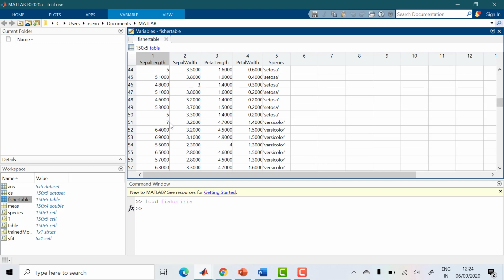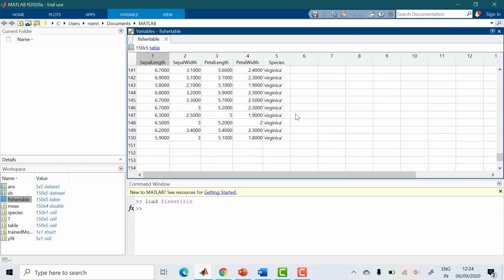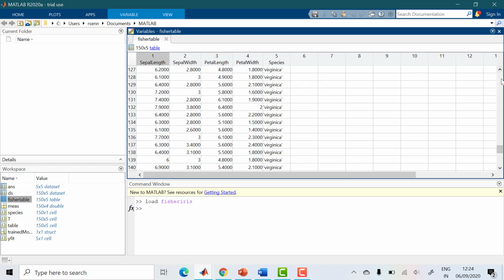Now you can see when the sepal length and sepal width change, it becomes another species, versicolor. And when the sepal length, sepal width, petal length and petal width are different, then it's called virginica. These are the 3 species classified: Virginica, versicolor, and Setosa. So we are going to use this data for our classification.